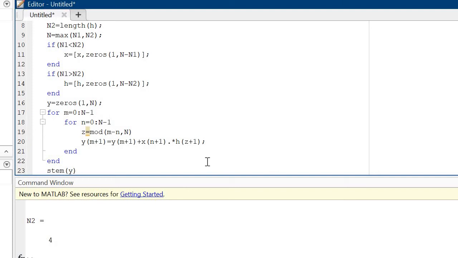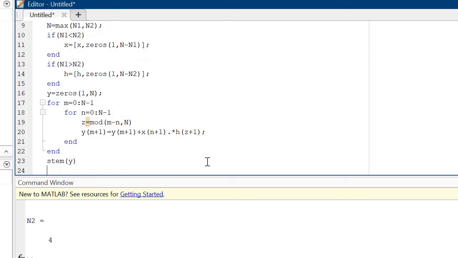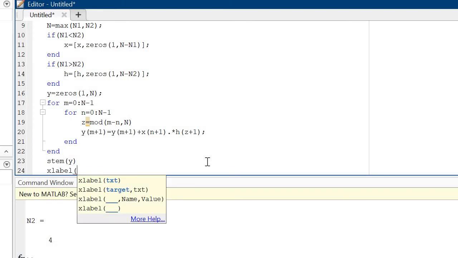Stem command, after that label this part, x label. In the case of this x label, you write it, its output, okay, xn into hn.